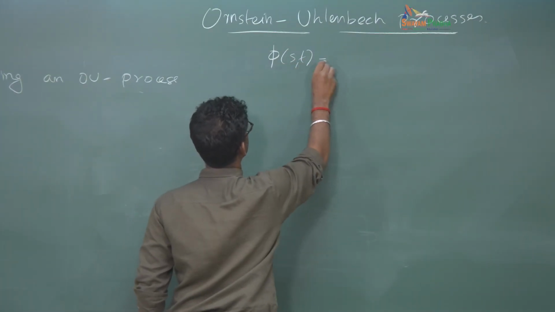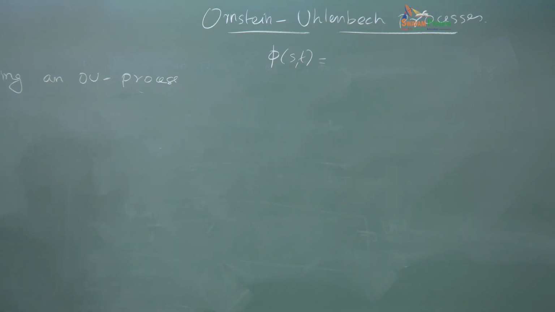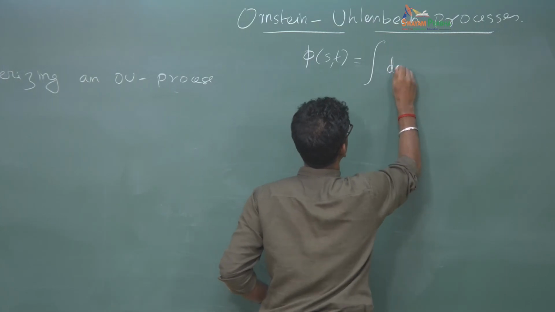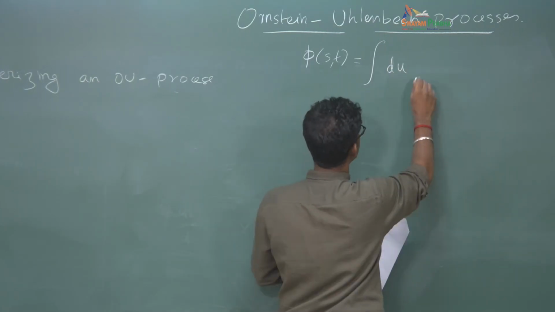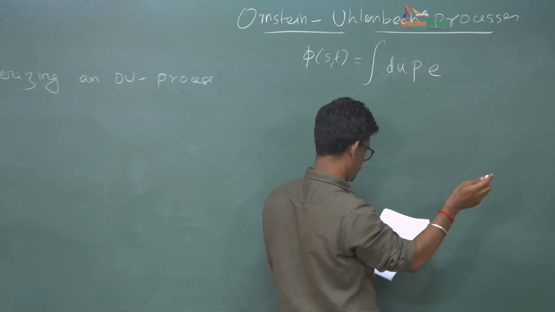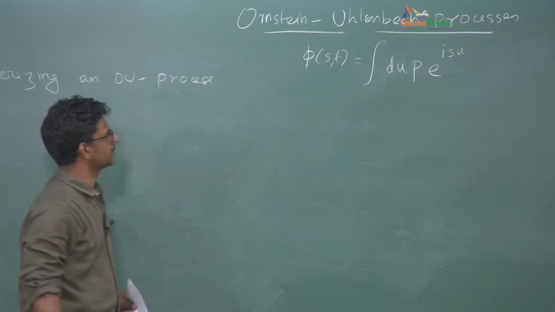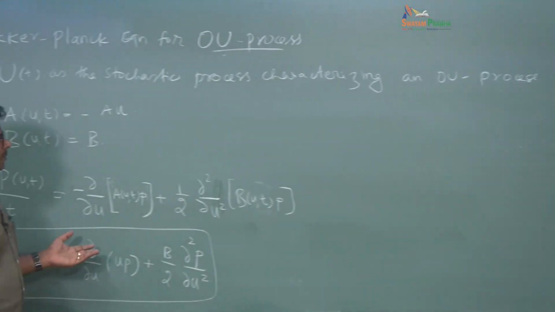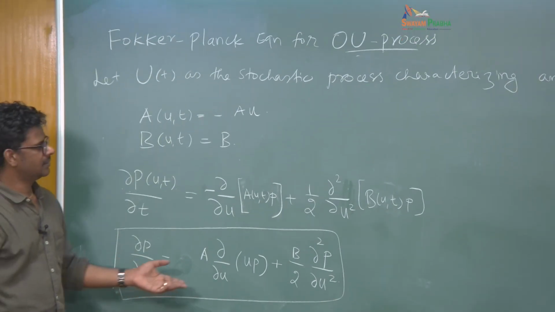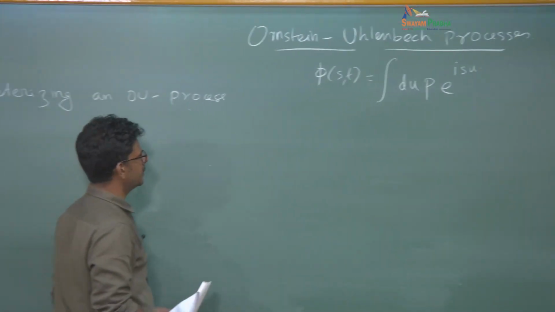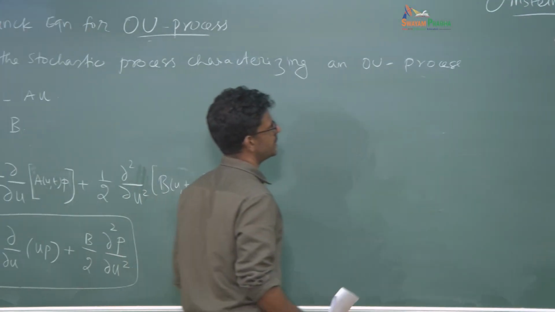This process is the same as how we did the Wiener process. The function is the integral of p du e to the power i s u. So we transform the variable from u to s based on this Fourier transform, and then this partial differential equation will become a